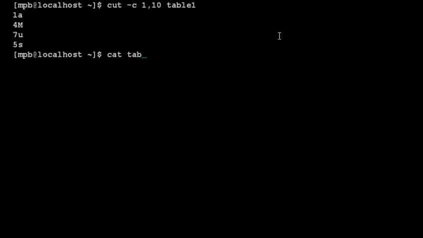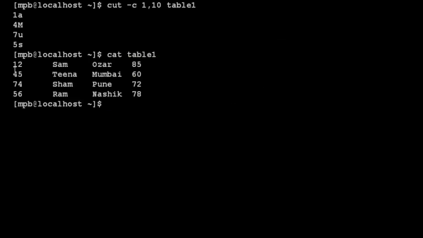So if I say cat table1, here you can observe that 1, 4, 7, 5, these 4 characters are cut and displayed, and 10th means this A. Tenth means we have to count from here: A, M, U, S, this is the 10th character field.